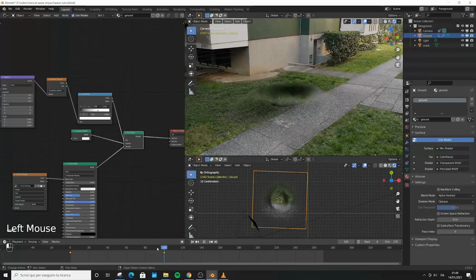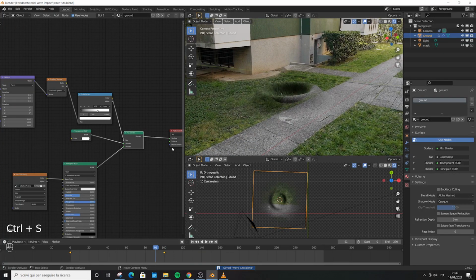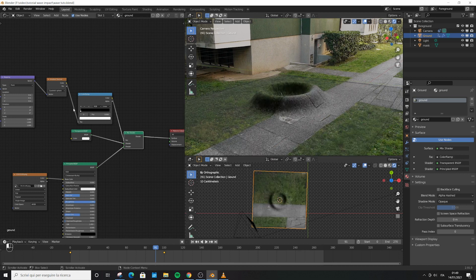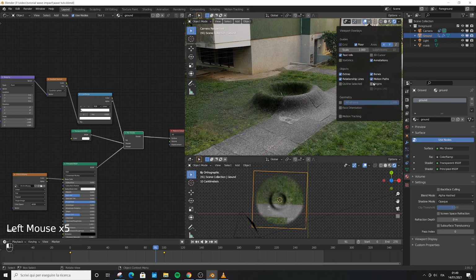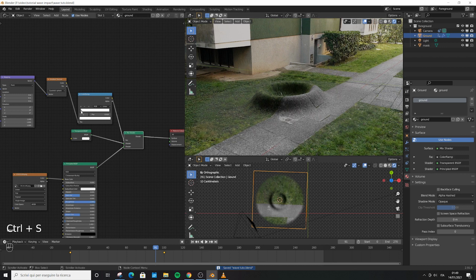It's too transparent, so you're gonna play with the color ramp a little bit. Move this to the left, and you can see that we have a nice blending between the CGI part and the footage. Click here and turn off all the voices. I just want to see the mesh now. Go on playing with this color ramp until you get something like this.